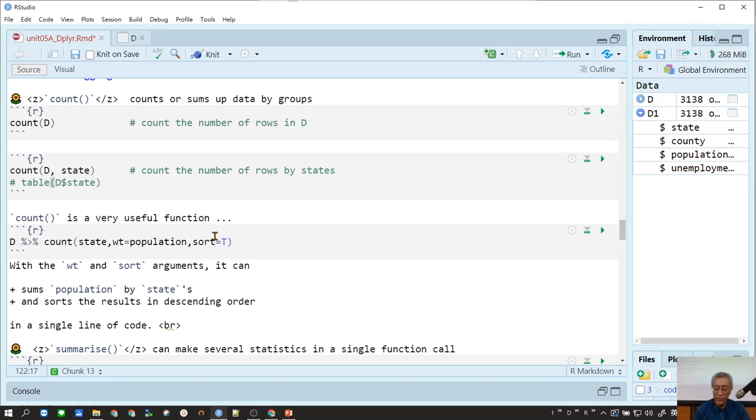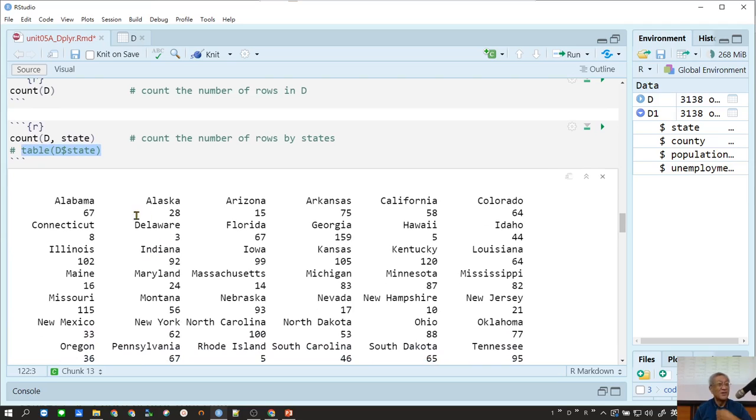See, if I do table, what do I have? Right? If I do table, it basically does the same thing, right? But the format of the output of table is actually a vector, right? It outputs a vector, right? However, if you do it in count,